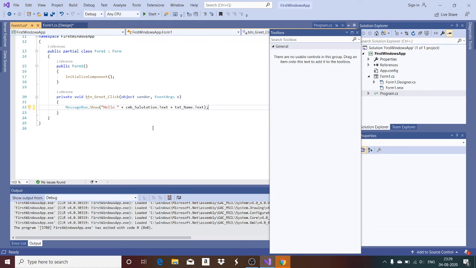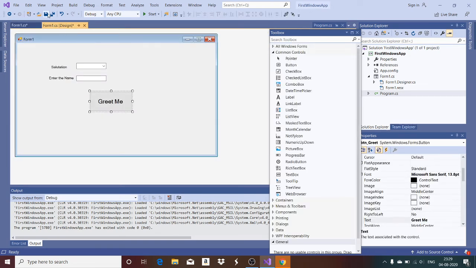Okay, now I have added the message box. So now let us go to the design and let me save my application. This button is used for saving all. Whatever changes you have done, all these files, everything will be saved. If you just choose save, it will be saving only that particular file which you have edited. But if you choose save all, the files that are associated with this project will be saved.